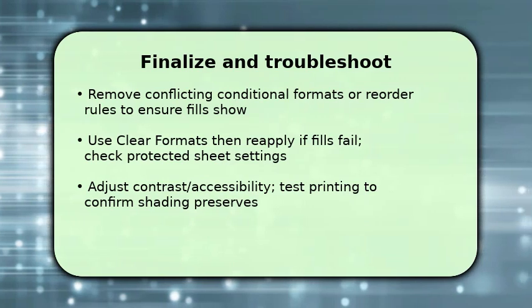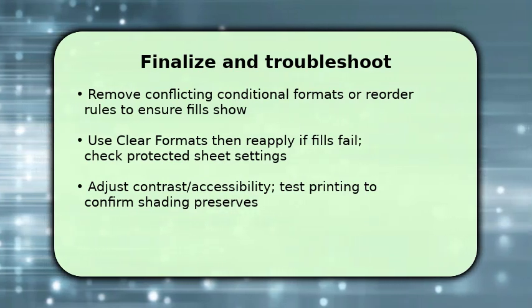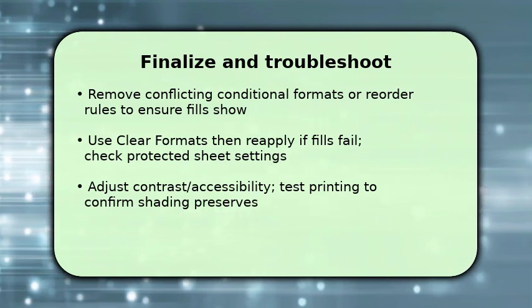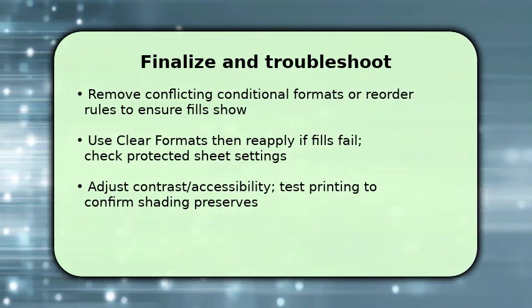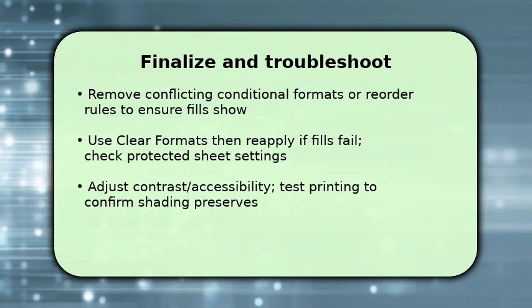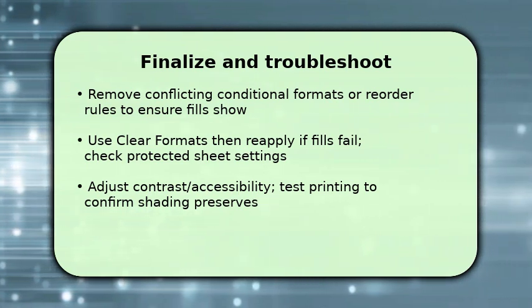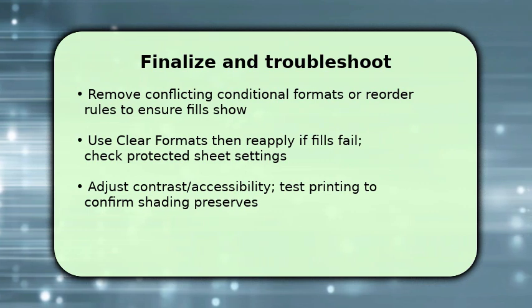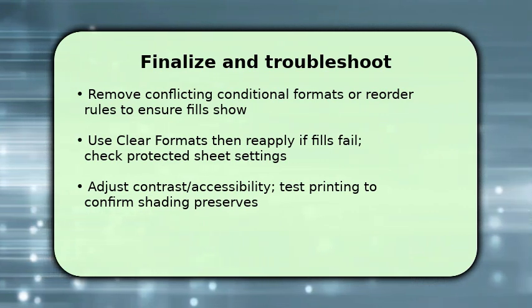You finish by verifying the shading displays correctly. Check for conditional formatting that could override your fills and either remove or reorder rules so the manual fill takes precedence. If fills don't appear, clear formats from the affected cells and reapply the color, and confirm the sheet isn't